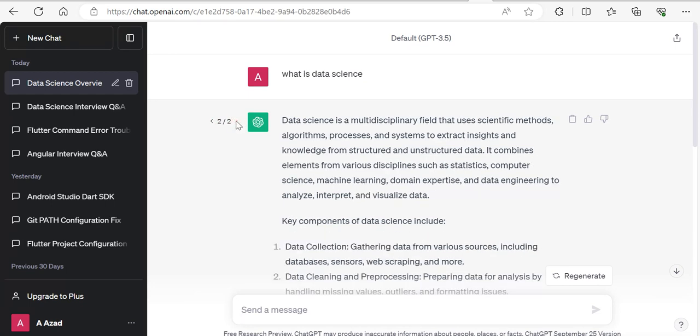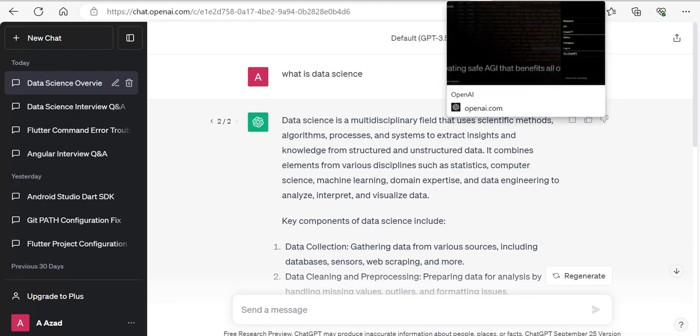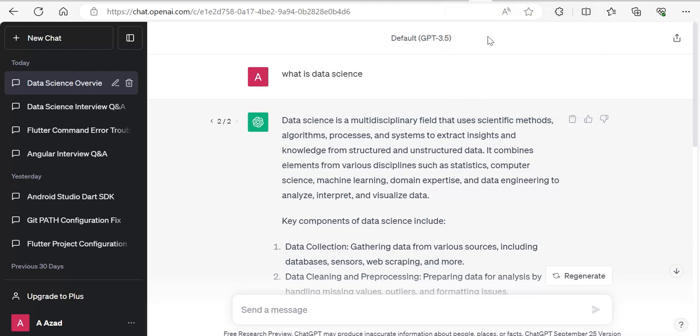If you want to create an essay, let's say, you can choose some parts from here and some from the next answer and create an essay out of this. Okay, so this was how you try ChatGPT, and if you want to log